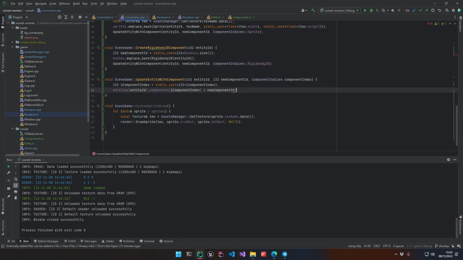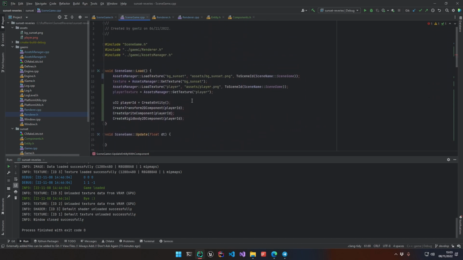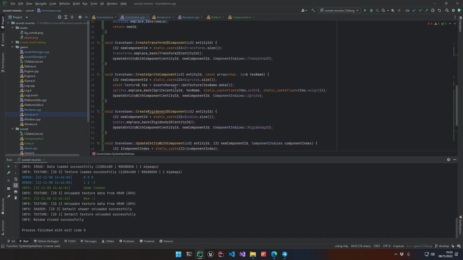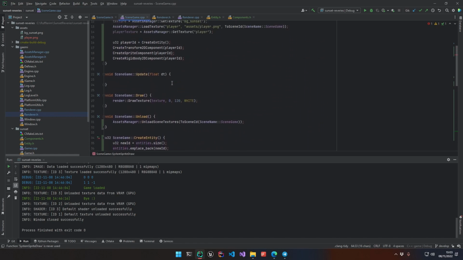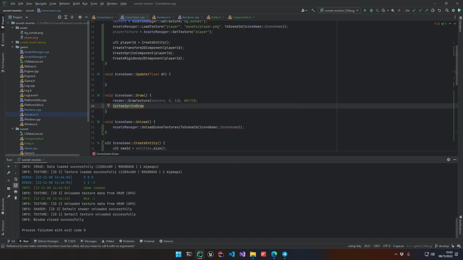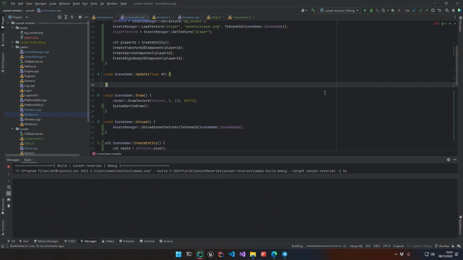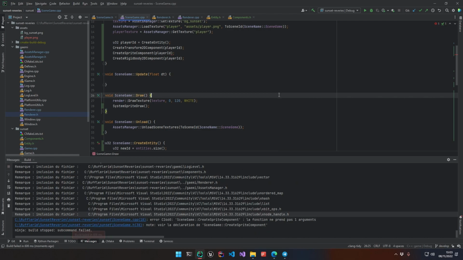Okay, so this should draw all sprites. And now I just have to call this in draw instead of, I want to draw this. This is my background, and then I will draw this. Let's try. Okay, so